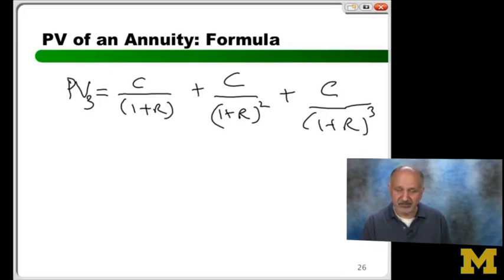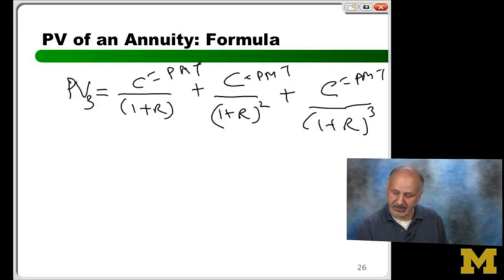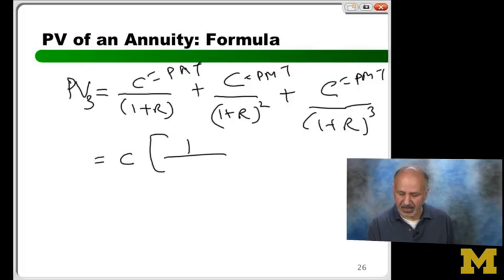Now remember, these PVs are not easy to do, right? So that's why I'll at some point use a calculator. And remember, I can replace this by PMT in my head. In textbooks, we don't use PMTs, we say C because C is a generic word for cash. The other thing is C's are fixed, and that's because of the nature of the beast we are dealing with right now. Okay? Now let me show you that actually I can take C out and have